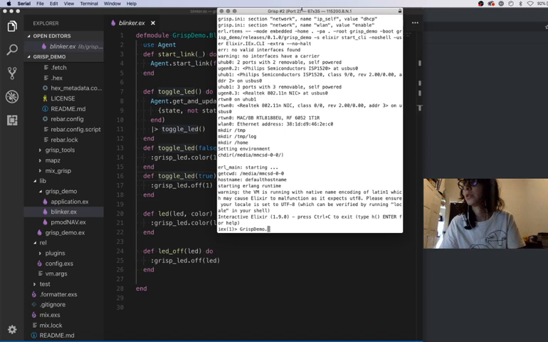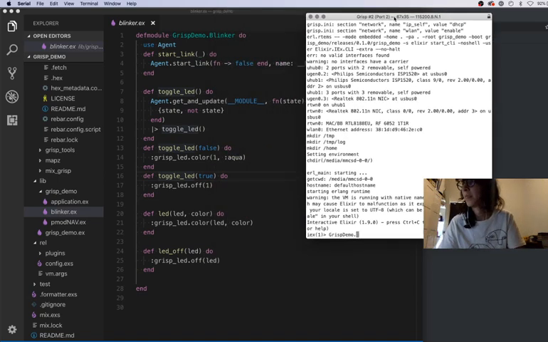So we could just say GRiSP demo blinker. I'm very good with typos, just in case. And then we could set toggle,